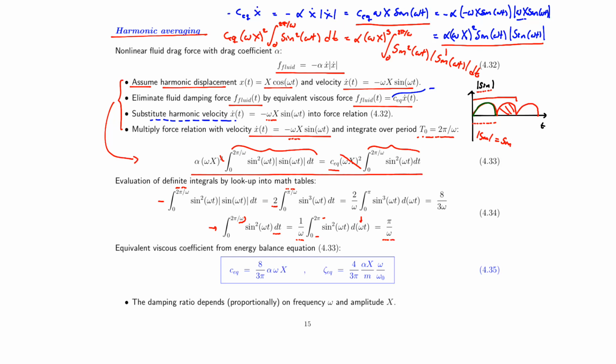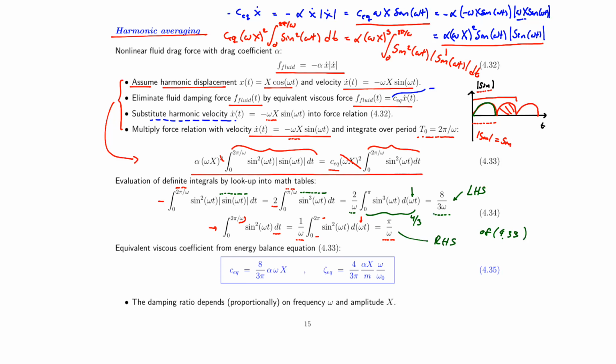half. And for the first half, the absolute value of the sine will be a sine that can then combine with the two other sine functions to give sine to the power of 3. Again, we multiply by omega, remember to divide by omega, and then you evaluate this integral. And it turns out that this integral will give you 4 over 3. You can look it up in a mathematical table, use a computational tool, or do it numerically, and that means that the other integral will be 8 over 3 omega. So this one goes into the left hand side, whereas this one will go into the right hand side of